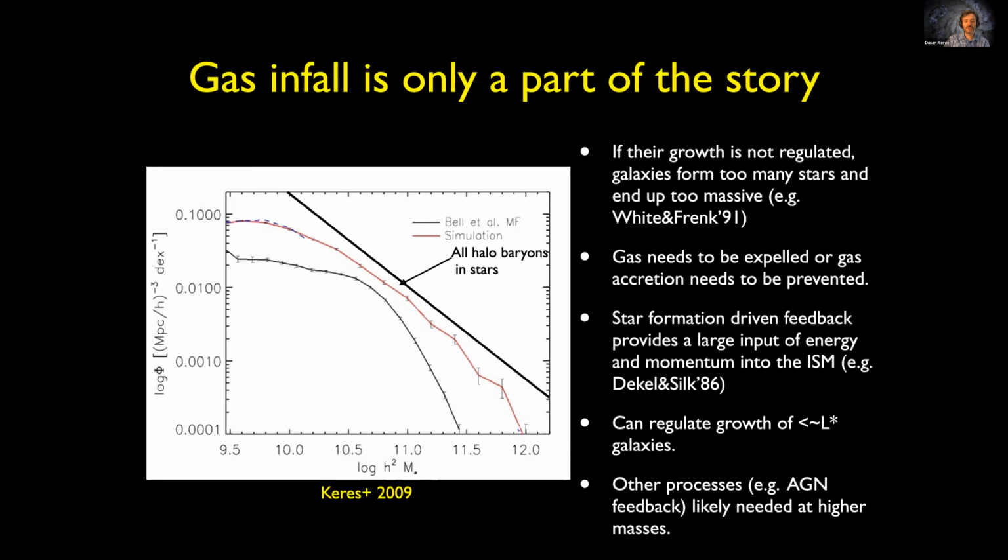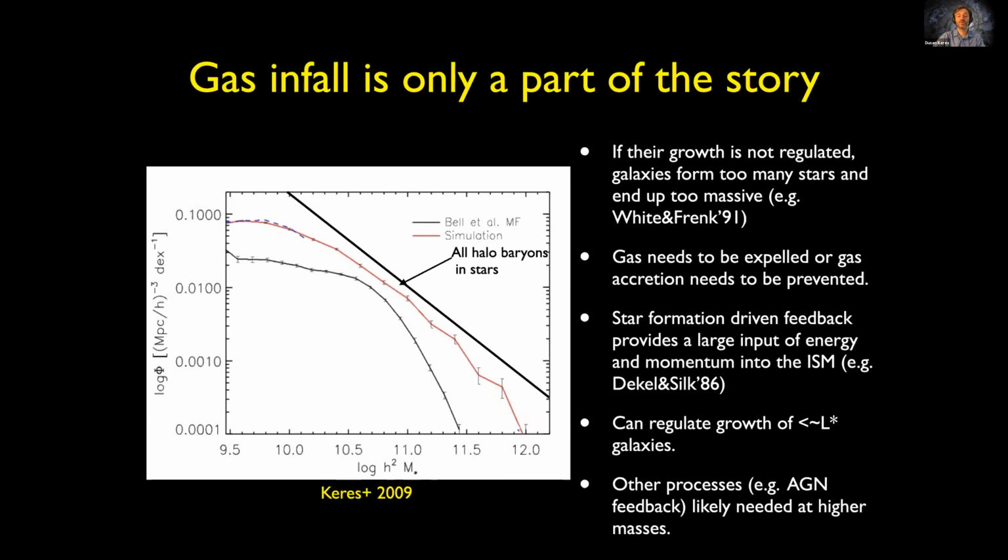The differences are especially huge at the low and high mass ends. And the way you should look at these functions is you should try to match the number density of massive objects versus the number density of low mass objects. So at the massive end, for the same number density, there's about a factor of 3 or so higher masses if you don't have efficient prevention of galaxy formation. And at low masses, this factor can be 10 or even 100 if you try to match the same number density. So something has to regulate this, and currently prevailing thinking is that at low masses, below L star or around L star,